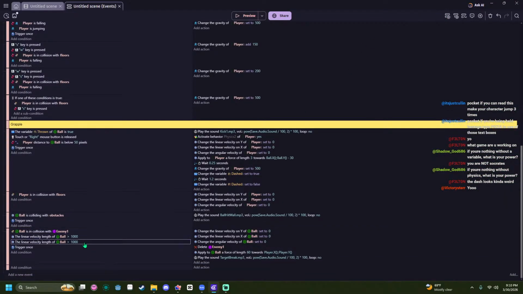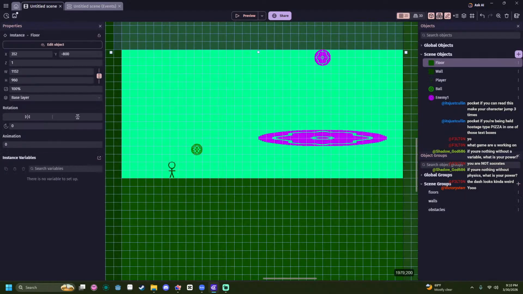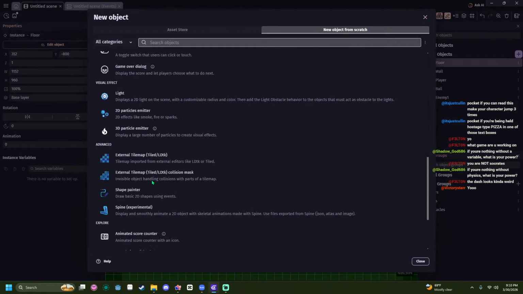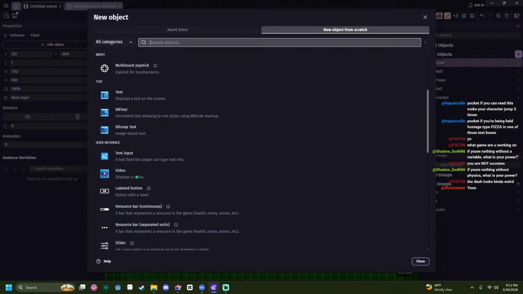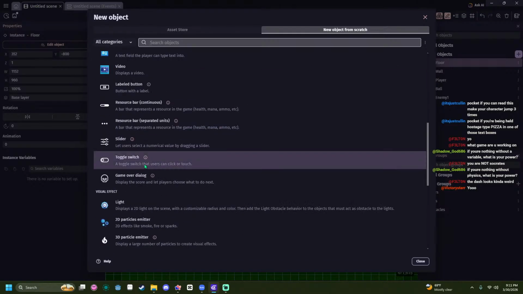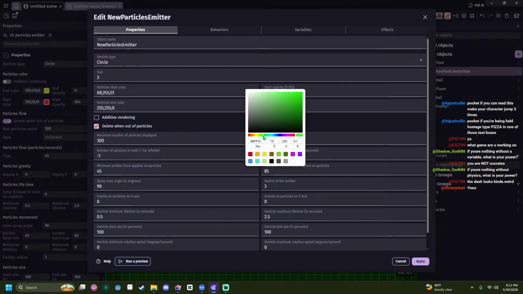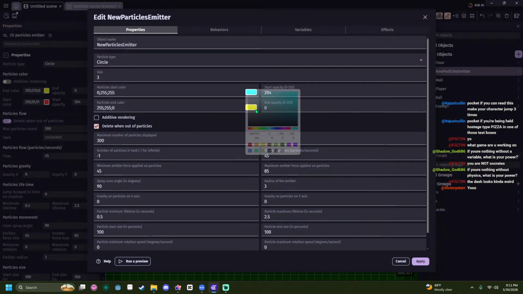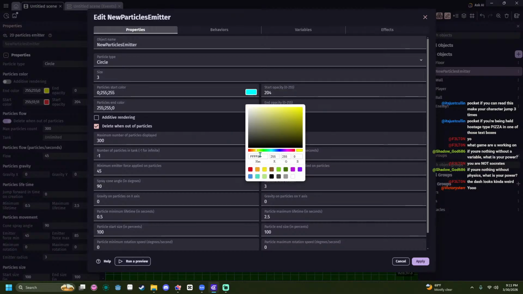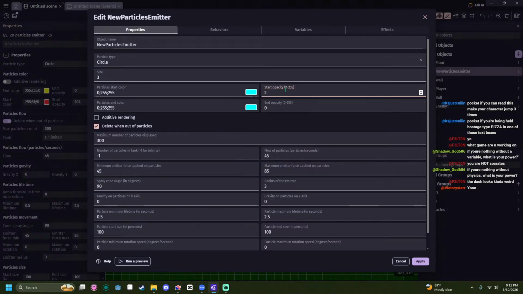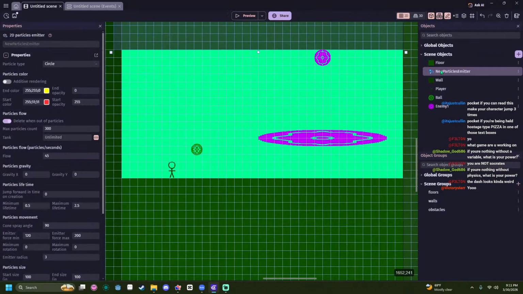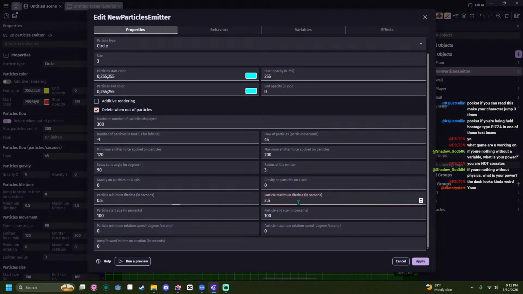Okay, and then if linear... Okay, now we need to start adding particle effects. Let's add one for the ball trail when it's going fast enough, right? 3D particle emitter, skip and create from scratch. Wait, 0.5.